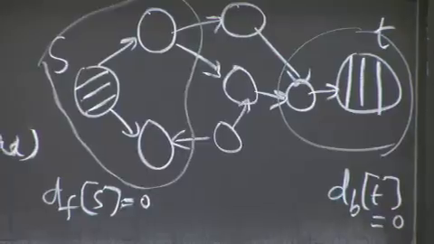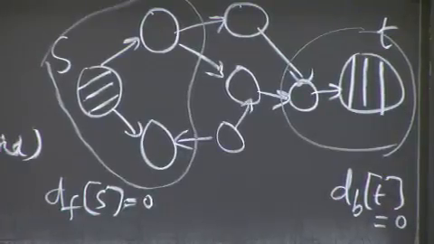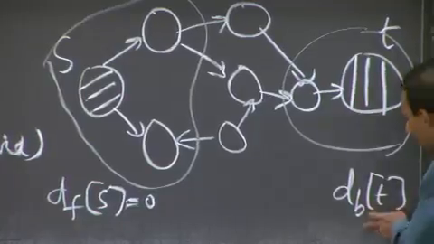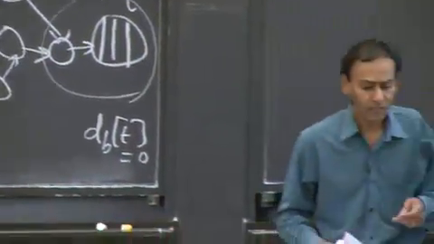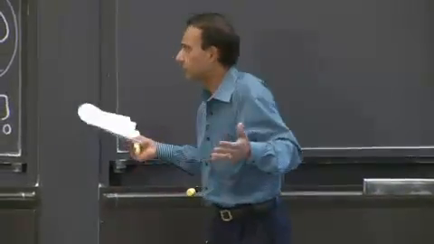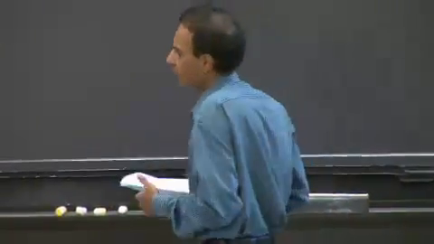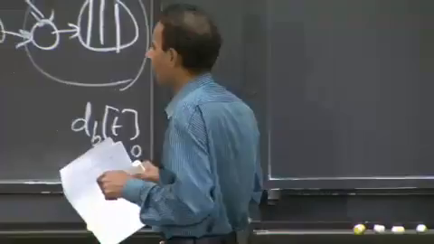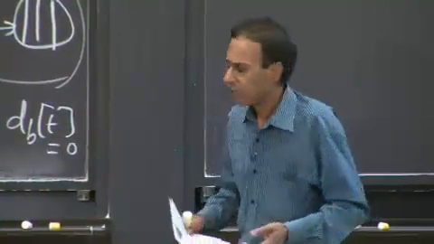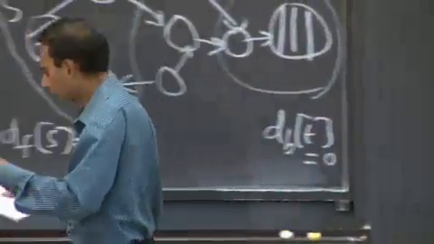Only the target or destination has 0 priority in the backward search. Everything else is infinity. And you go forward, backward, and so on. And the question is, when do you stop? We have to talk about that. It turns out it's not a perfectly straightforward stopping condition, but it's something that will make sense, hopefully, when I get around to describing it.